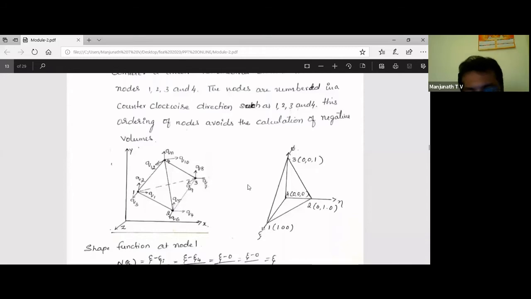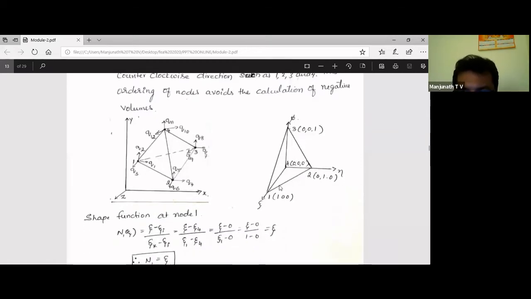Then this is mapped into the natural coordinate system. Just keep one node as a specific node here, and from that we are going to join. For this tetrahedral element, from the top view, you can see 3 triangles. At node number 1, only in the zeta direction, giving the coordinate values is most important.